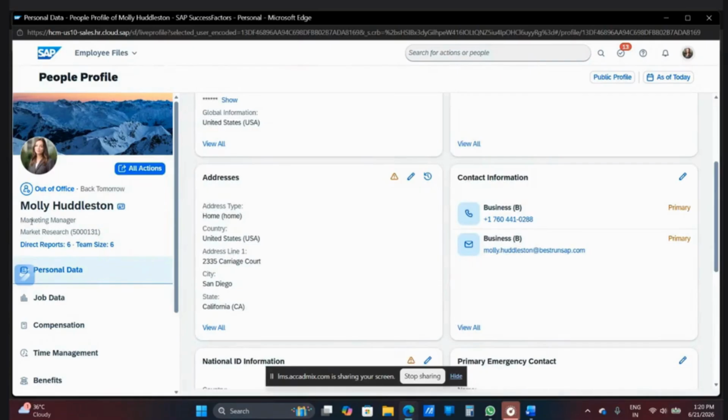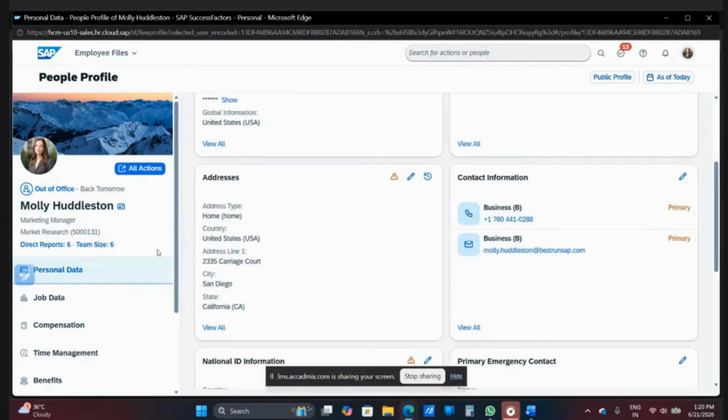Where will you find it? Right now it is being shown marketing manager. Let's suppose you need to update it to sales manager. But there is no pen as I can see here. So how can I do that? This is a question to the rest of the people. How would you update the job title for this person?